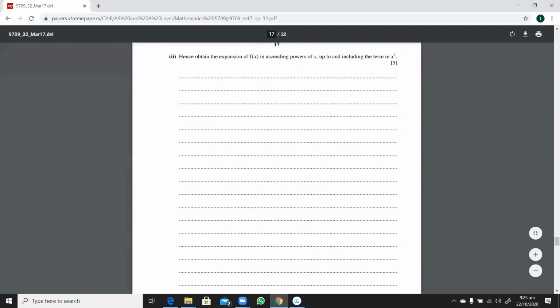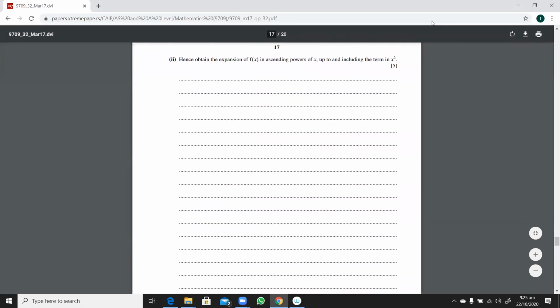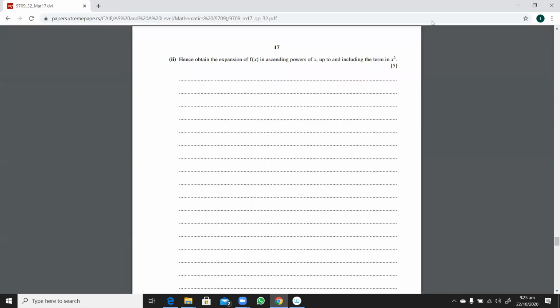Okay, it's like this. Now please tell me what these fractions were that we got. That was minus 2 over 2 plus x, and then plus x plus 4 over 4 plus x squared, yes? Okay, so we have to expand this up to the x squared. So we have to apply the binomial expansion here.